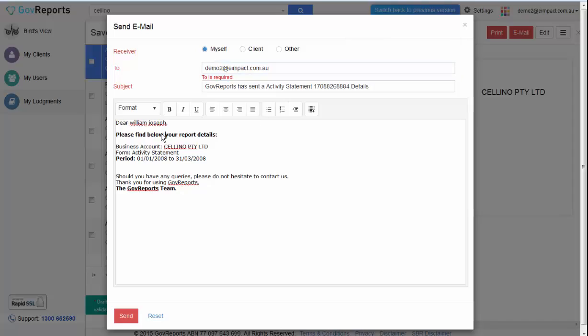So you can also change the contents of the email here, and if you have your email settings configured, it might also come with your email signature that you have copied and pasted onto GovReports. So if that's okay, then you can just send.